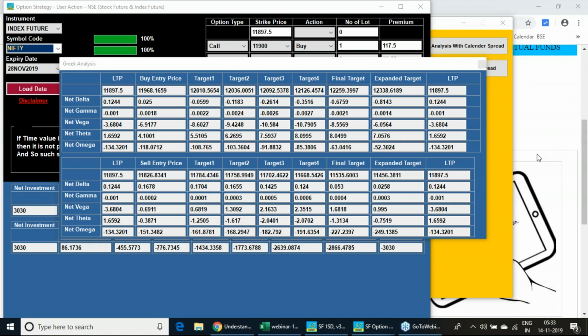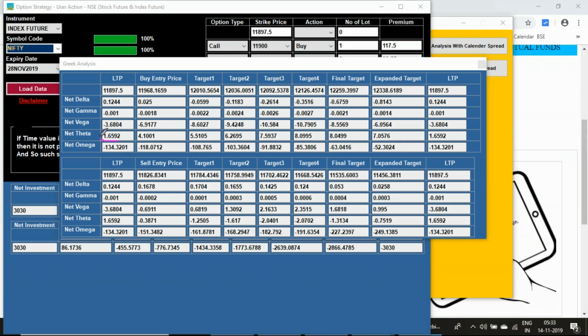Most probably you will know the meaning of theta. Theta means time value per day. So every day you hold this strategy, positive theta means you are going to earn 1 rupee 65 paisa per net lot. Two lots you sold, one lot you bought, so you have a net quantity of 75. 75 into 1 rupee 65 paisa will be your time value gain per day. Same way, the delta,